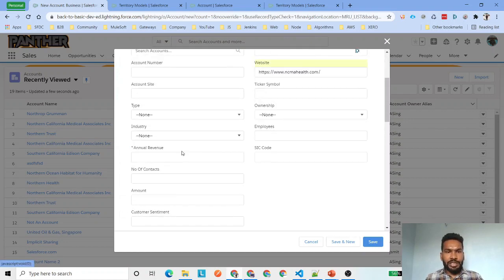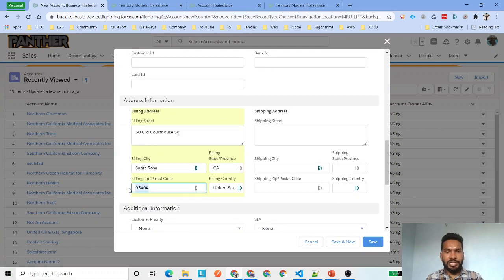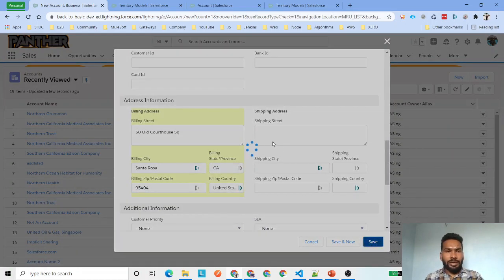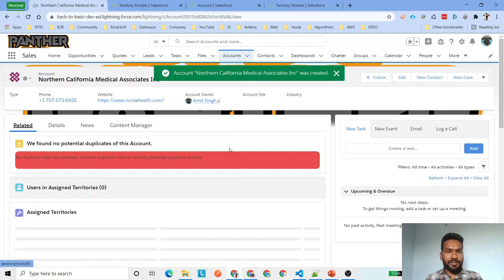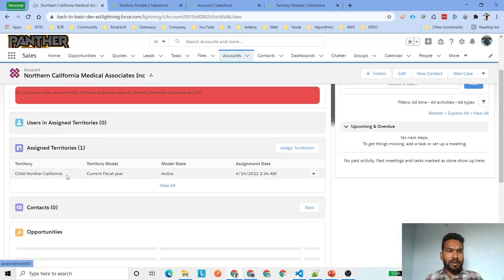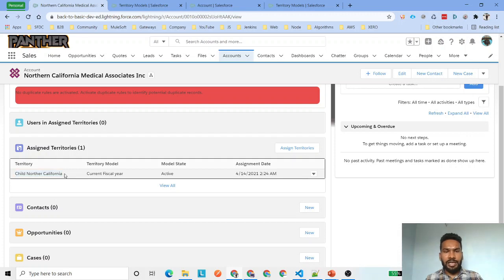Annual revenue I'm going to make 242, and it is greater than 94,000. Go ahead and click on save, and once you click on save, get back to the related, and you can see here we have got child Northern California, and that is how our assignment rule is working.